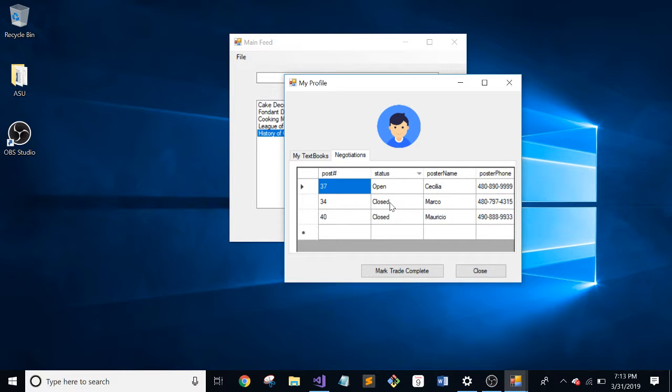So if someone accepts a trade, it simply means that they have accepted the offer to begin a negotiation. It doesn't mean that they have exchanged the textbook. It simply means that they accept to begin that negotiation for that offer. So in their negotiations tab, users that have opened a negotiation will be able to see if the status is either open. This means that the textbook is still available, so other people are negotiating at the same time. Or if it's closed, this means that the trade has been completed, and